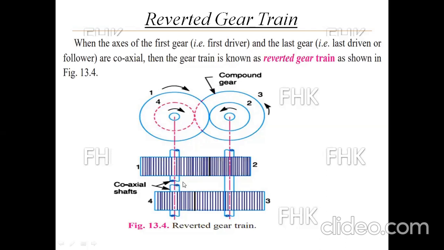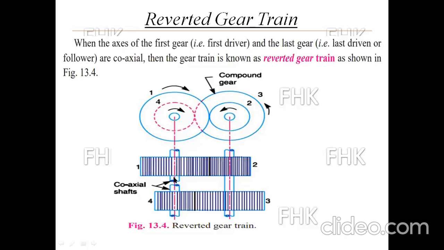You can see here the shaft is cut here. So the speed of 1 is not equal to the speed of 4, but 2 and 3 are mounted on the same single shaft. The speed of 2 is equal to the speed of 3, but the speed of 1 is not equal to the speed of 4